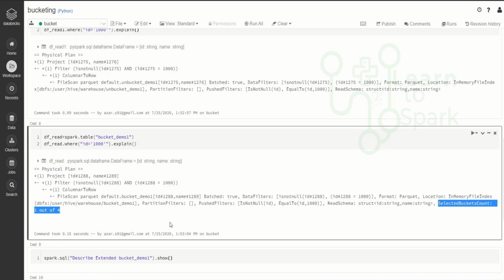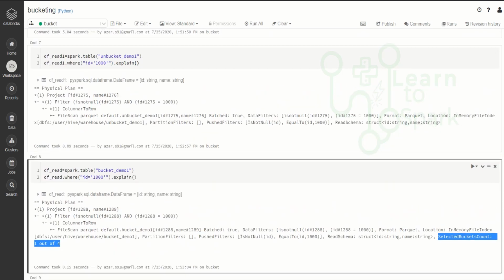So say for example we have 100 buckets and we are querying for the particular record. In that case, it will not look in all the 100 buckets and it will look in for the particular bucket where this ID is available and it will pick the record. That is why it is much faster. We have a push to filter as well. Here as well we have a push to filter, but because of this bucket we have a performance improvement.